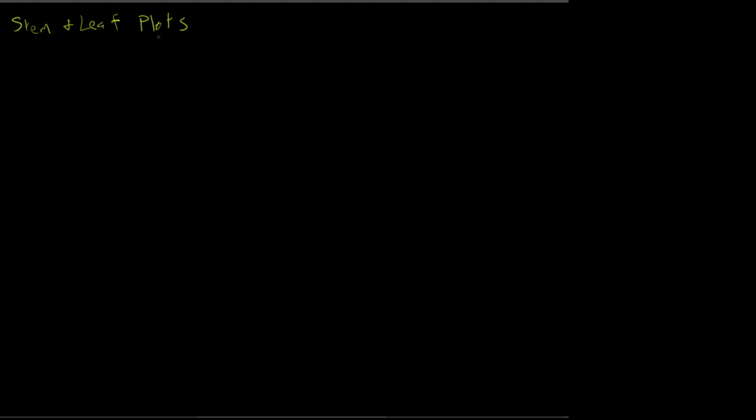What it does is it provides a way of writing down numbers and getting a kind of histogram. It gets rid of the class width and it takes the number itself. So what I'm going to do here is look at a particular set of data that's in the